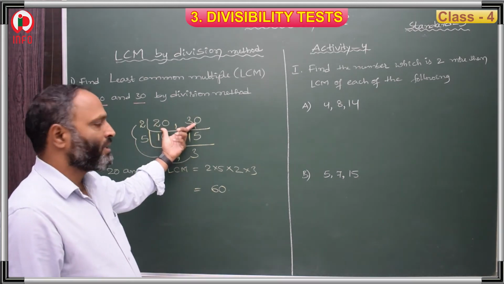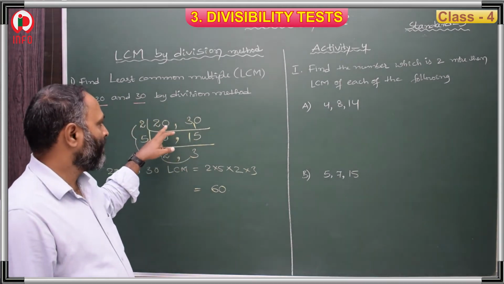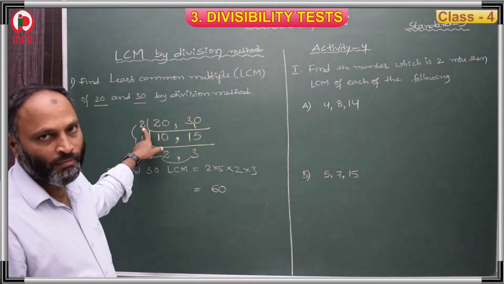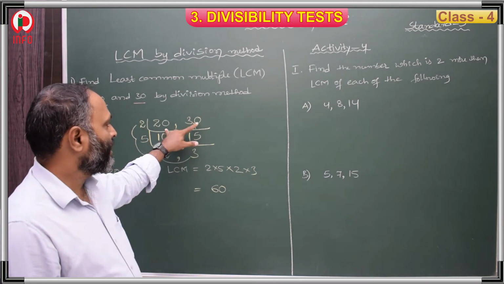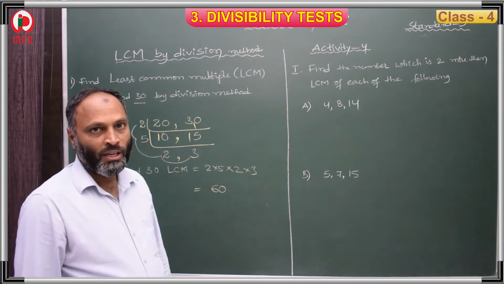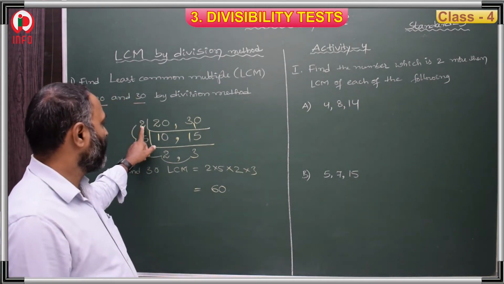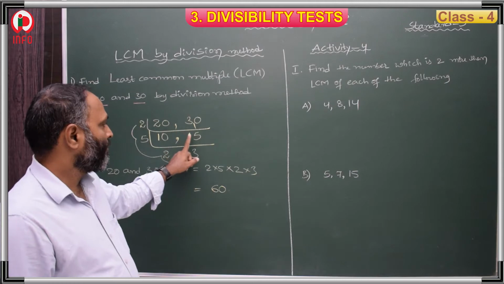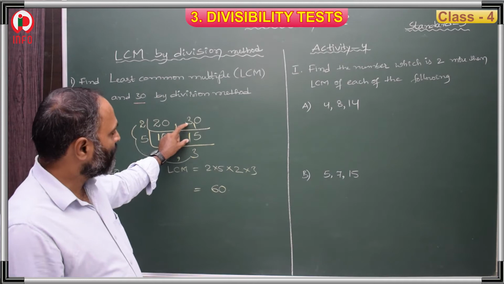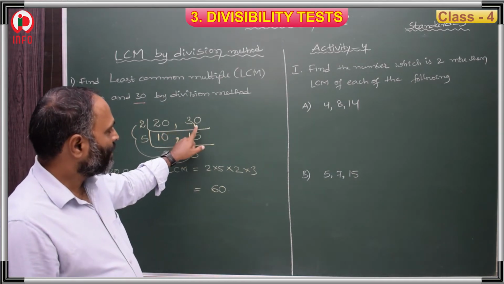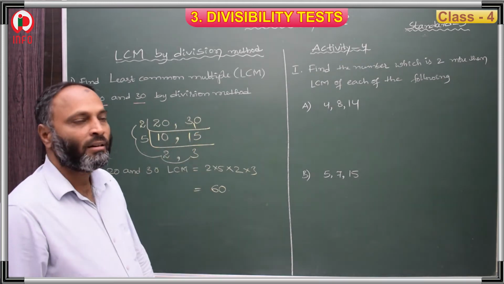First, whatever numbers are there, we have to check whether they are even numbers or odd numbers. If they are even numbers, then take the 2 table. These two are even numbers. Why? Because in the one's place 0 is there, in the one's place 0 is there. When the numbers are even, they are divisible by 2. Then take the 2 table. 2 10s are 20, 2 15s are 30. How to get this 15? First we take 3, 2 1s are 2, 2 and 3, here the difference is 1. That difference we keep here, so it becomes 10. Then 2 5s are 10.